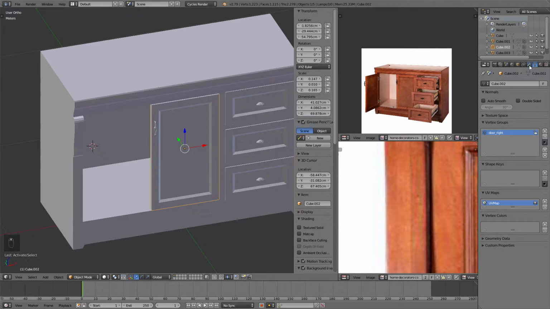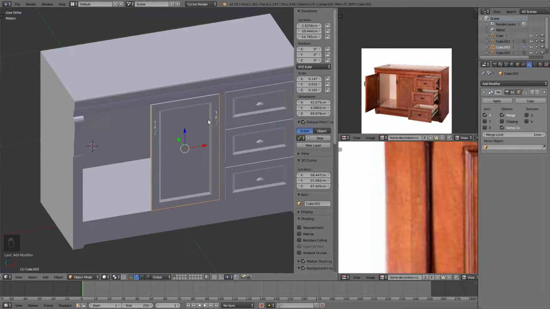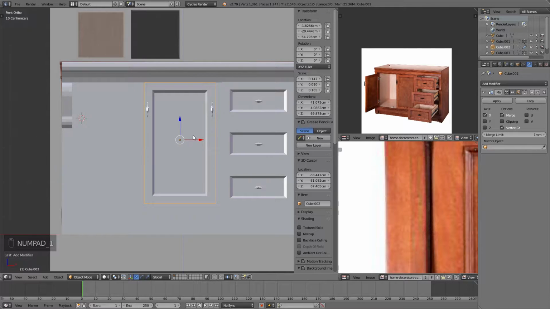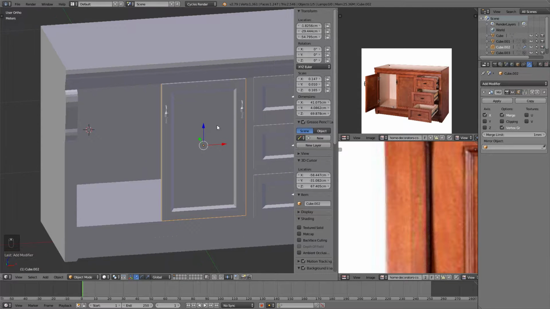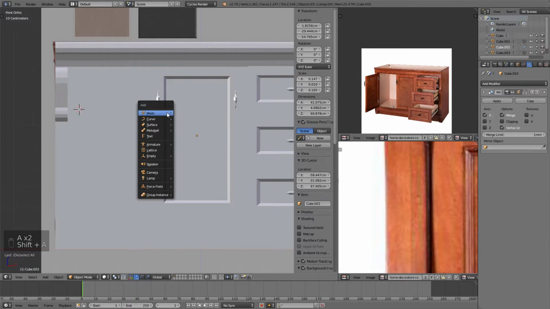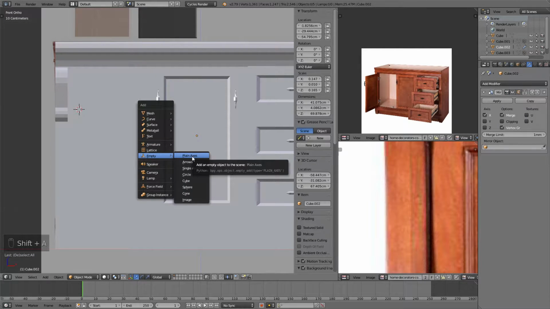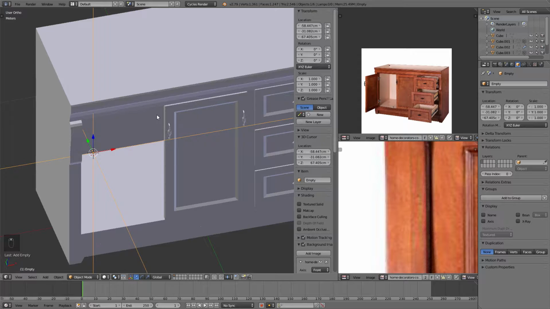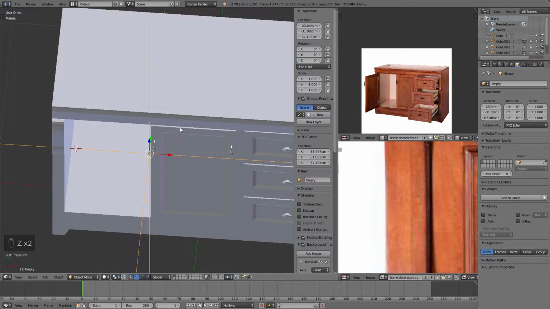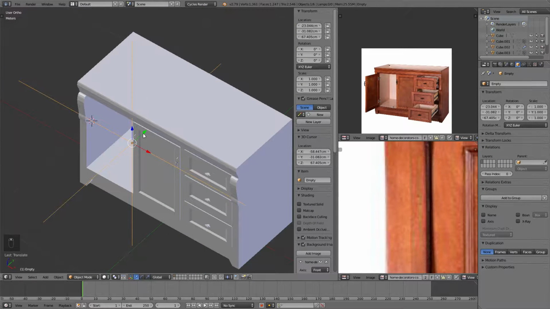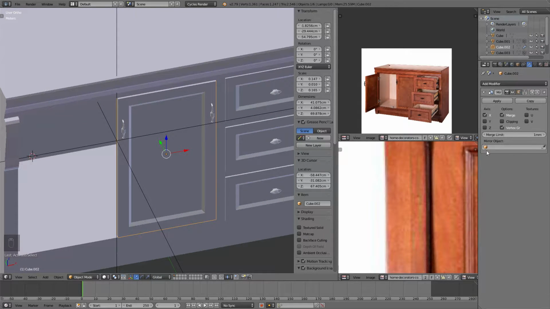Now, best way to mirror it is using the mirror modifier, obviously. So we're going to use that. Now, because the origin point is in this door, you can see that it mirrors over this door. That's not what we want. So we can add an empty and just a plain axis empty. This doesn't do anything but adjust modifiers. So for example, for this door, we just have to make sure that it's on the x-axis correctly, because we're only going to mirror it over the x-axis. So you go to the mirror modifier and you select the mirror object,